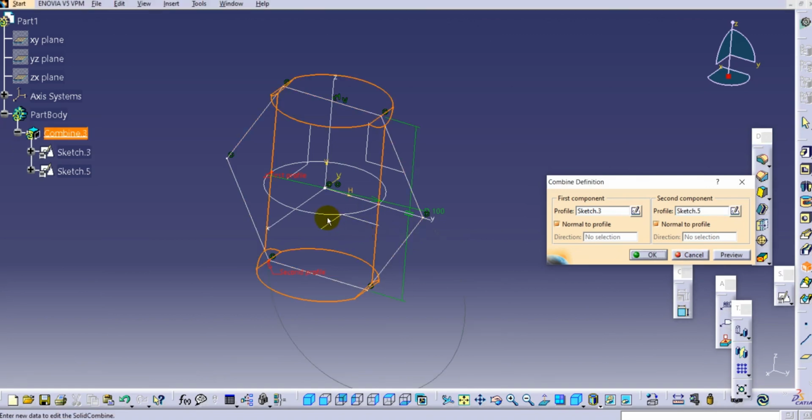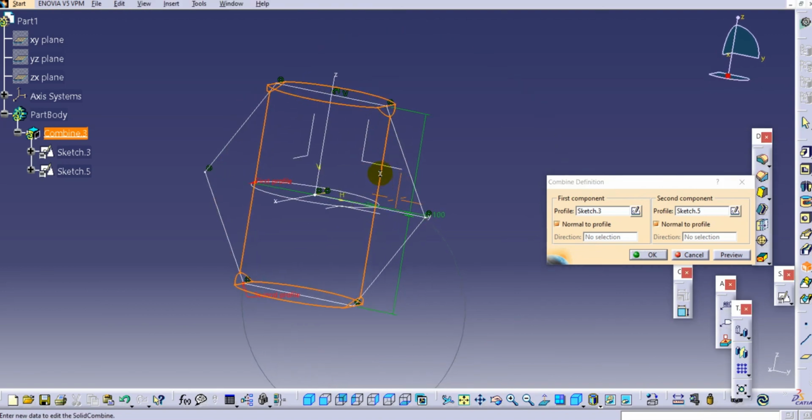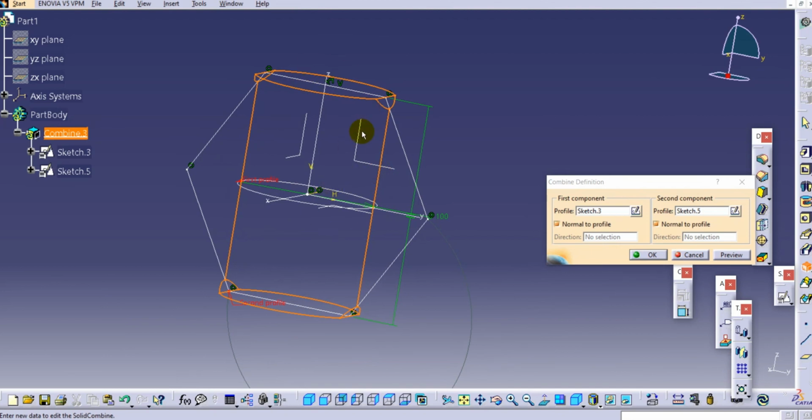So now you can see that if you select this circle as profile 1, the 3D model takes the shape of this circle, and the second sketch will be the pad length of this, or you can say the depth of this 3D model.